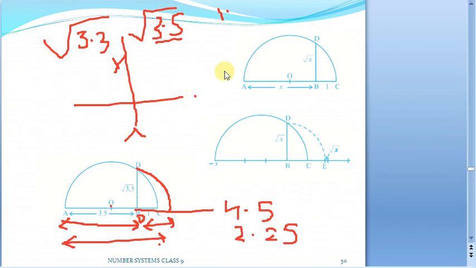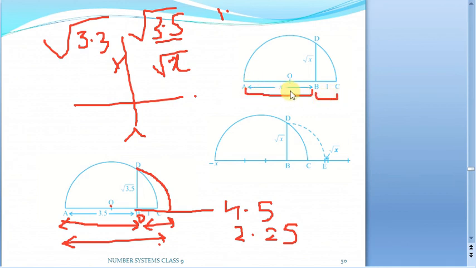Suppose you take any number under root, let us say x, any number which has a root that we need to represent on the number line. What you will do in the first part, you take the x alone. That means if it is 2.2, take 2.2 only. If it is 3.5, take 3.5 only, and draw a line of that many units. Suppose it is x, I have drawn x units like this, and immediately after that attach 1 centimeter. So first you draw as many centimeters as is under the root, and to that you attach 1 centimeter. Now this is x plus 1 centimeter in all.